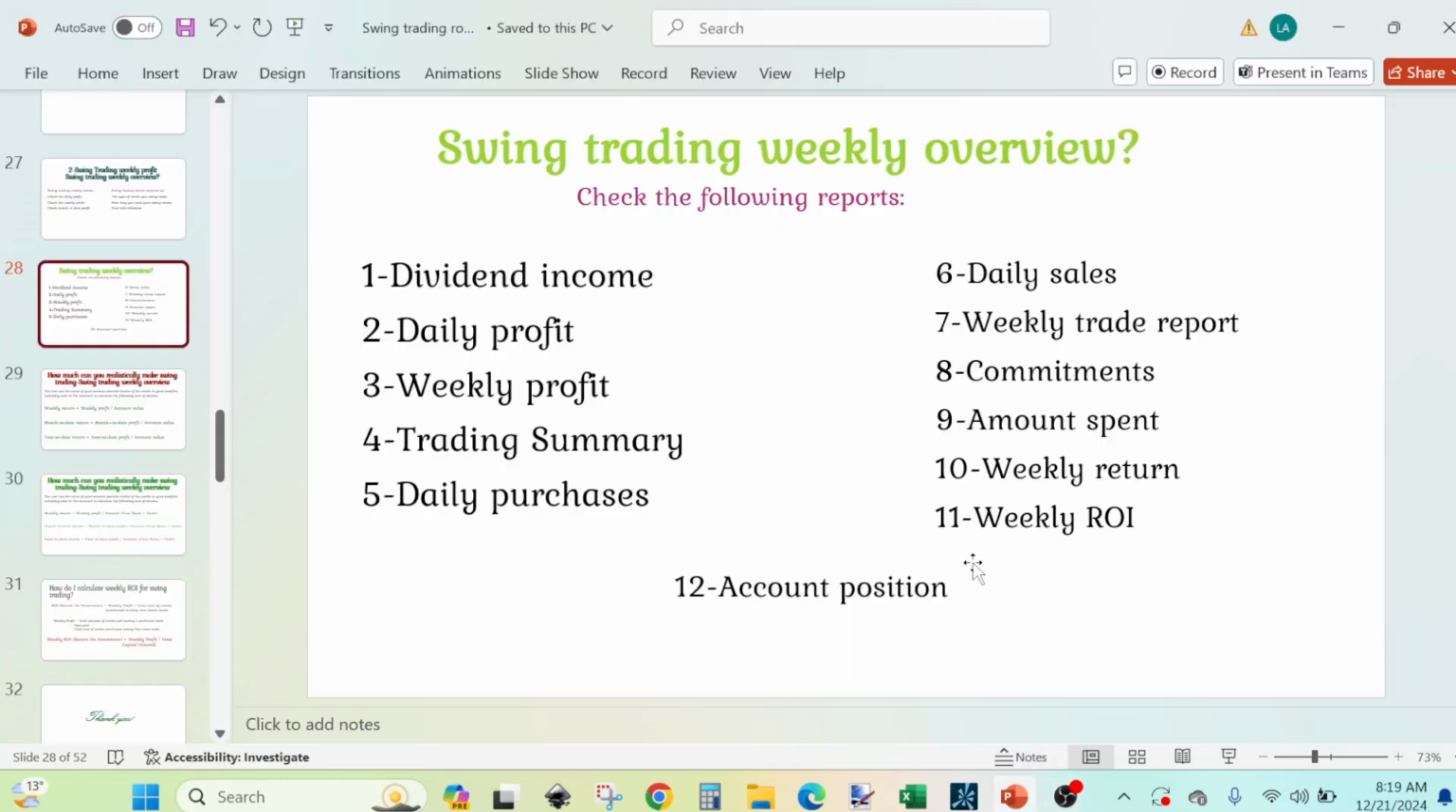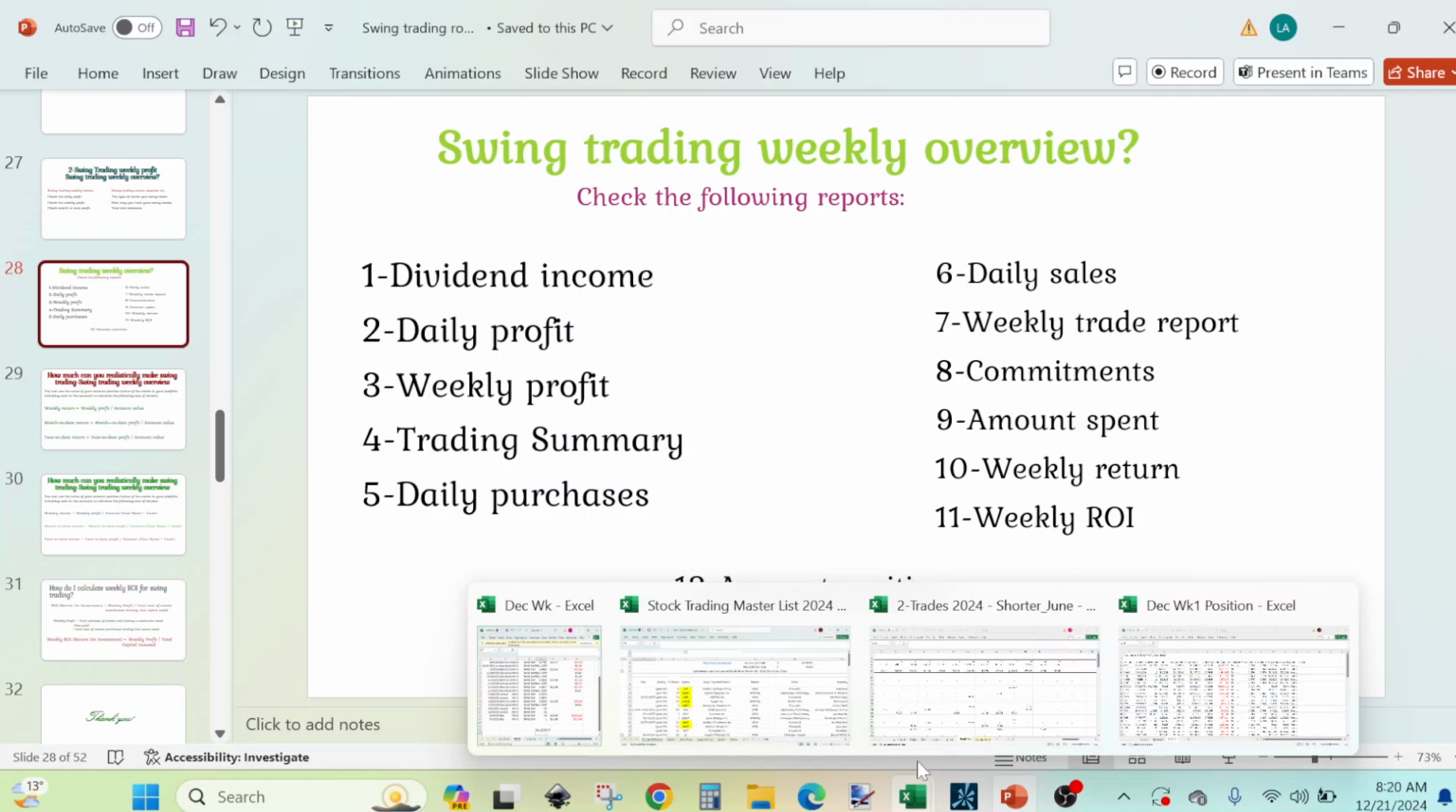Hello, swing trading weekly overview, or swing trading weekly income. We are going to use our swing trading workbook to review each one of those reports and the account position. The account position will show our unrealized loss. So let's get to